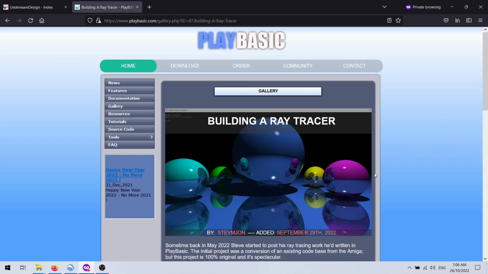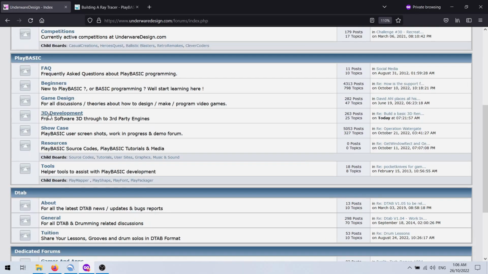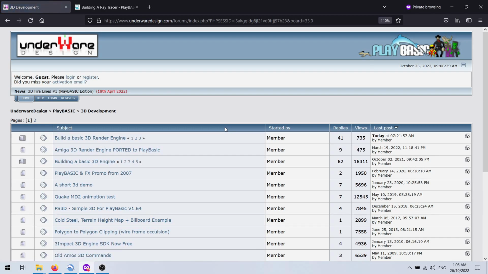Right. See a pretty nice ray tracer application on the screen there. And that's one of the things that's been done in recent months. I forget when this happened now. Sometime earlier this year, Steve posted some progress on various 3D tools he's been working on. So back in March, he was working on porting